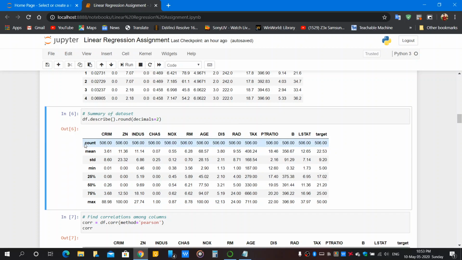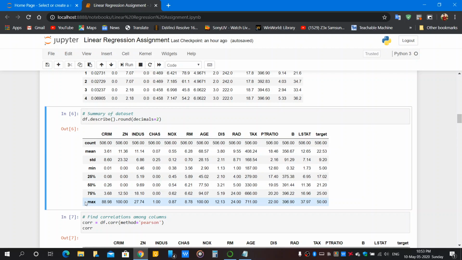Count, that is the number of rows. Mean is the average of the column. STD is the standard deviation of the column. MIN is the minimum value in the column. 25% is the 25th percentile. 50% is the 50th percentile. 75% is the 75th percentile. And MAX is the maximum value in the column.